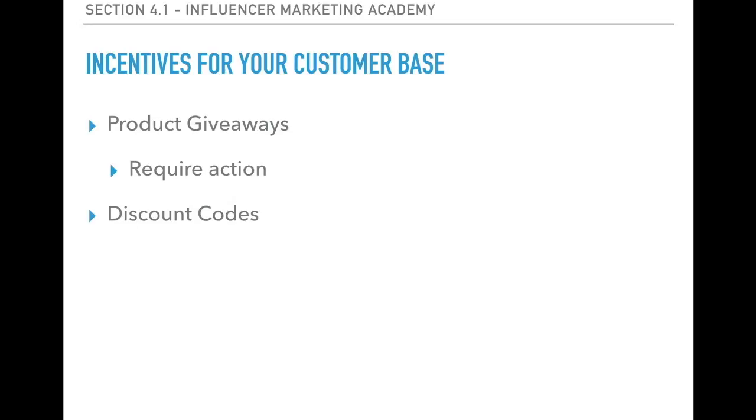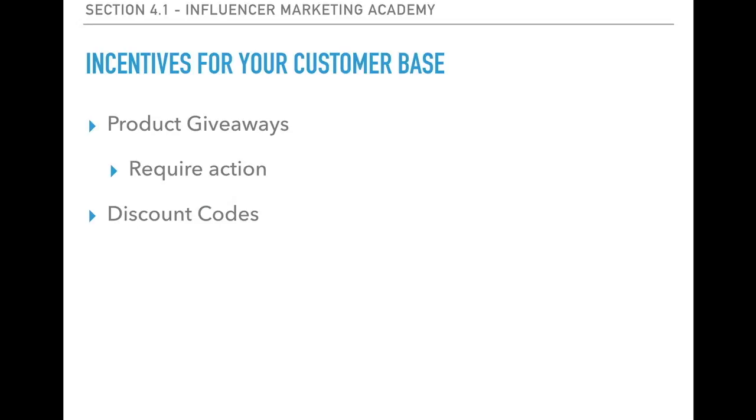We could also do this through discount codes. Discount codes are a good incentive for customers to purchase product, whether they are already purchasing through you or not. But the thing about discount codes is they're only good in moderation. Now, if people see that a business is slashing prices consistently, it for the most part shows that their business is not good because their stock is sitting. There's no better impression on a business than seeing what they have is completely sold out, because that shows that the demand is there and the product is perfect.